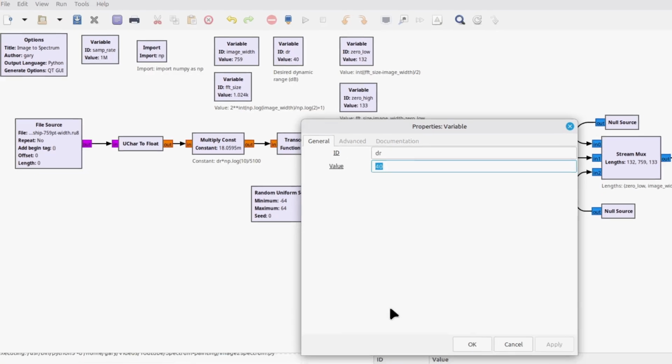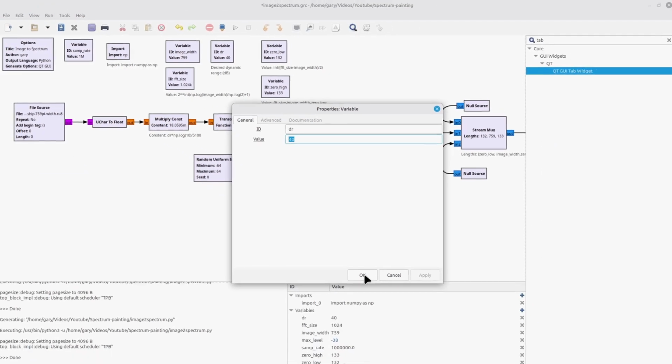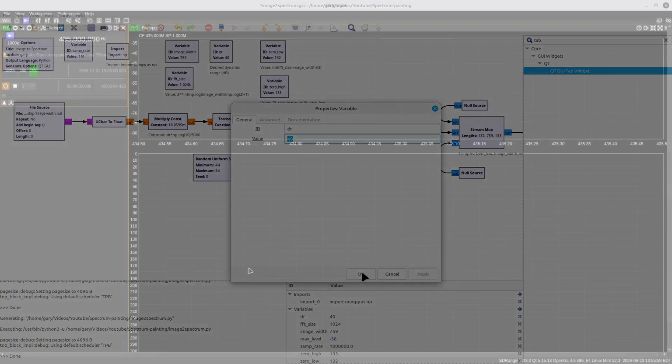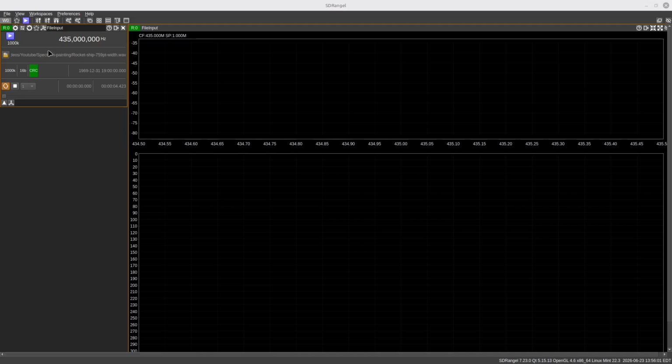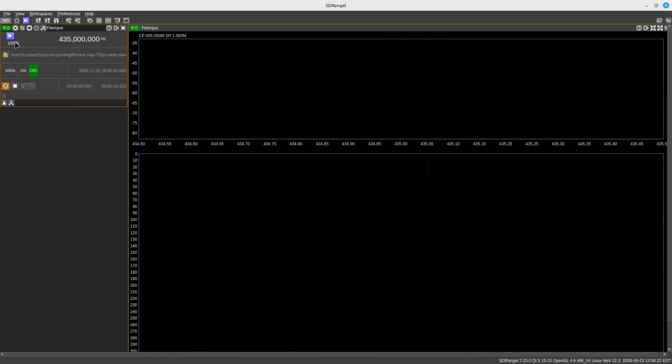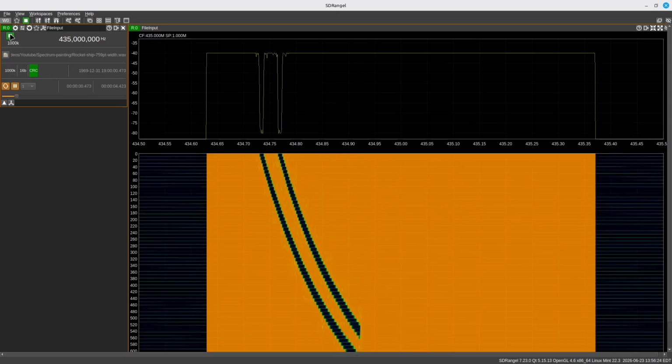Okay, so with that, let's go ahead and open up SDRangel and see how our image looks there. I've opened up SDRangel, and because I currently have no radios attached to my computer, it automatically said, okay, you must want a file input. With this, I'm going to click on this little icon up here in the upper left-hand corner and select the particular file that I want. I should just be able to run this, and we'll see how it looks.